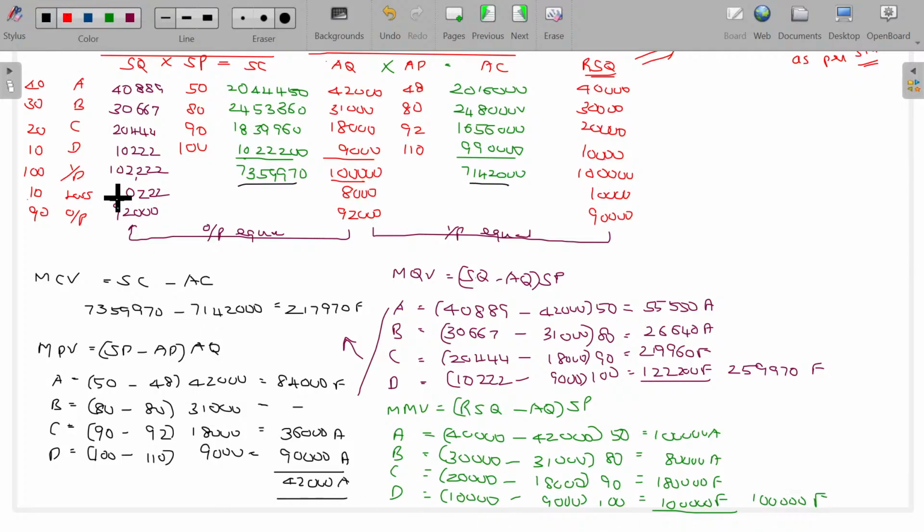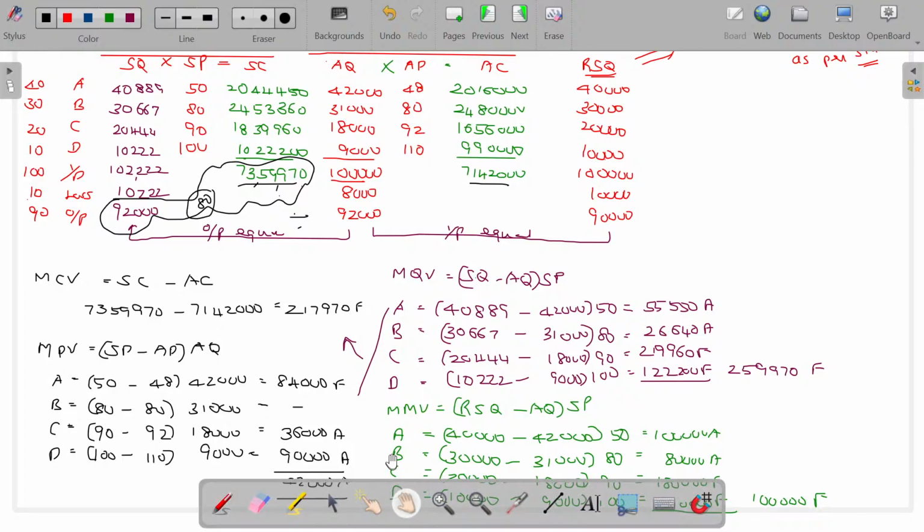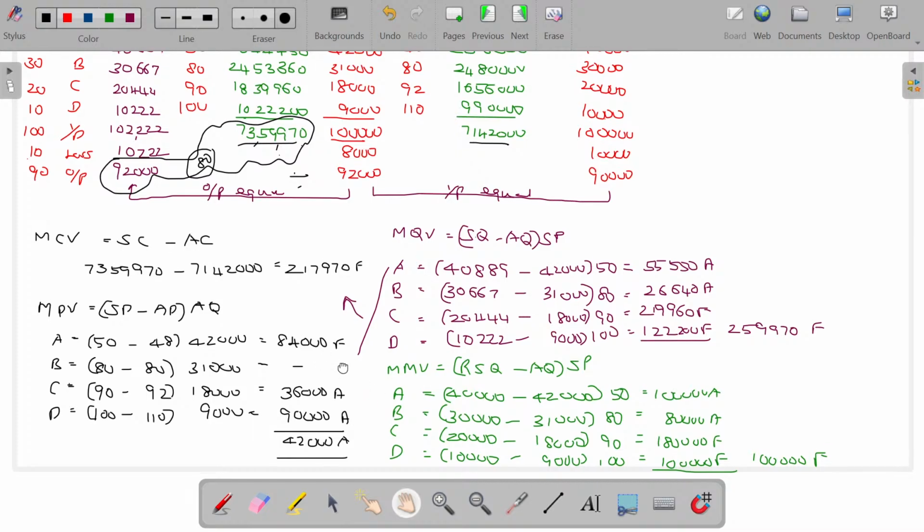Now come on, get this value. For 92,000 total standard cost being 73,59,940, what is the standard cost per unit of output? Divide the total cost by total output we earned. Under standard terms 80 will be the answer. Now the last one being